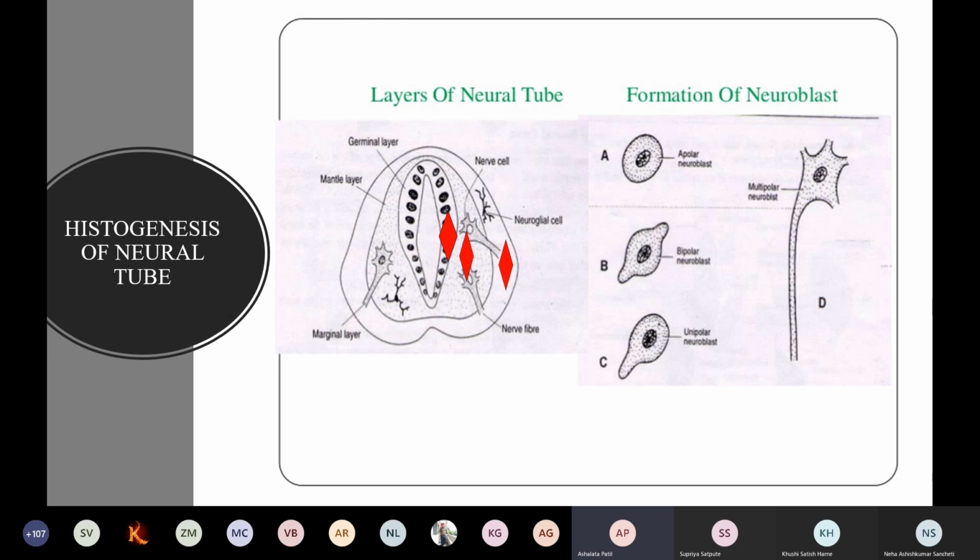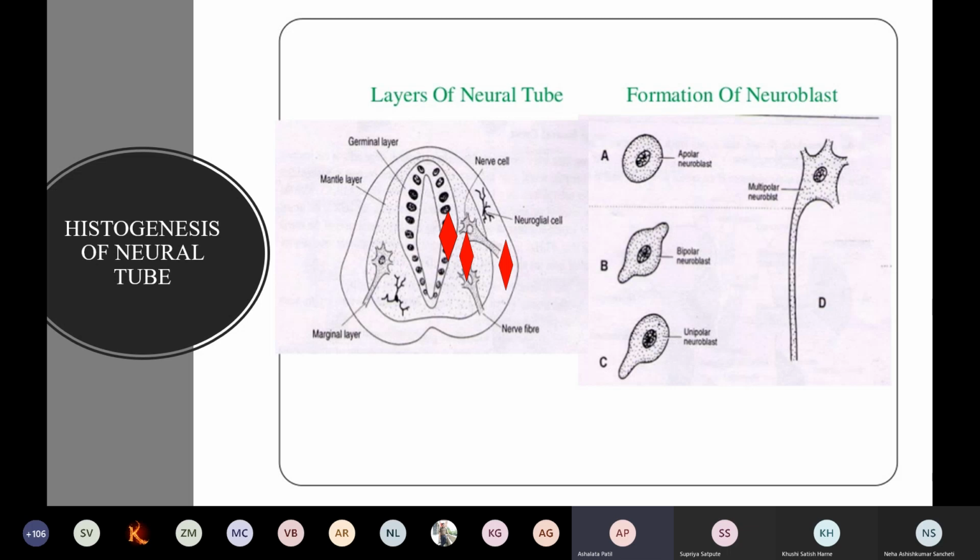Initially, this is just a neuroectoderm, so just a single layer. These are called neuroepithelial cells. This is the innermost layer. These neuroepithelial or neuroectodermal cells divide, redivide, and give rise to one more layer on their outer side. This is called the mantle layer. What develops in the mantle layer are the neuroblast cells and spongioblast cells. Neuroblast cells develop into the neurons. Spongioblast cells develop into the neuroglial cells, which support the neurons.